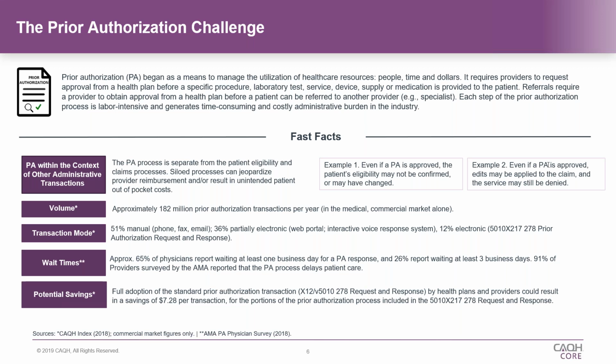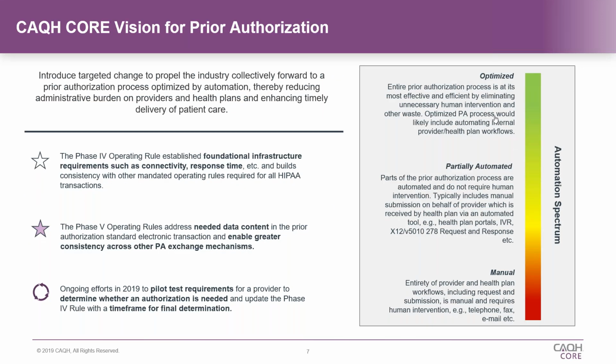If we go to the next slide, you'll see that we do have a very particular vision here at CAQH CORE with how we envision prior authorization. We want to impart through our consensus-driven approach very key types of requirements, put those into the environment, into the industry, have the industry through an iterative process implement those requirements within their systems, within their applications, within their business processes to help automate really from this almost completely manual process that PA is in today to a more optimized process that is fully automated. We know that will take time, and so we've started that process with our Phase 4 operating rules, which